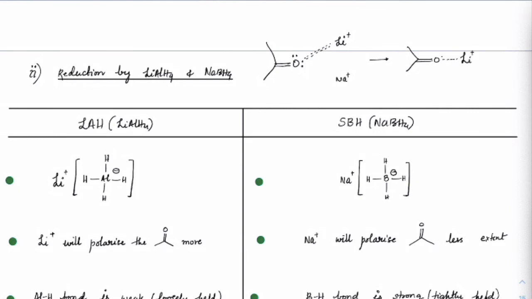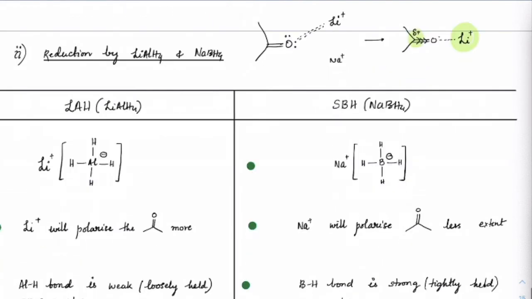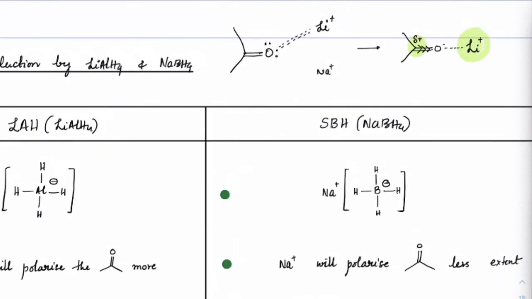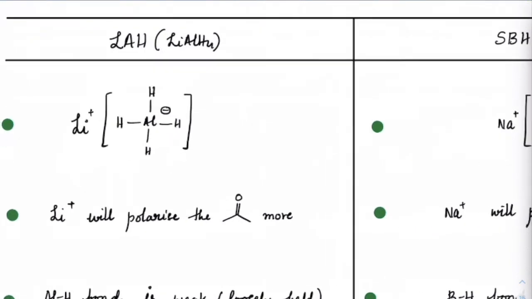Now because the polarizing power of lithium is more, we can expect that slowly the bond will start moving towards oxygen, and the delta positive on the carbon increases. So which means the electropositivity of carbon increases. So remember that, that is what this line signifies. Li plus will polarize the double bond more, which means it increases the electrophilicity of carbon. So I will just mention here,